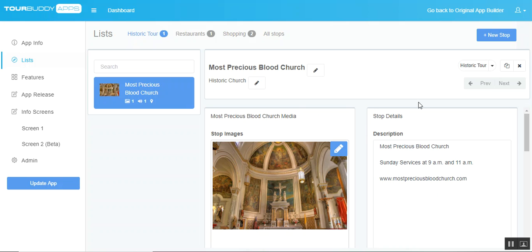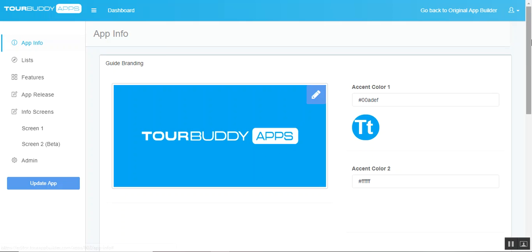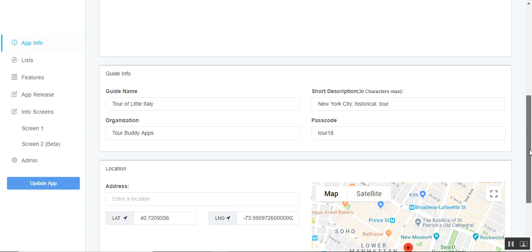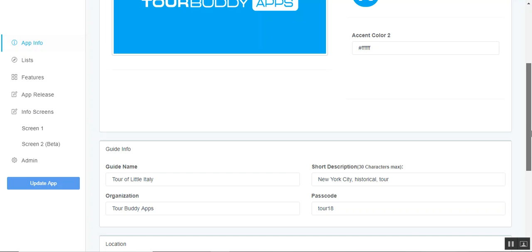In this video, I'm going to show you how to change the passcode for your tour that you download through the TourBuddy app. So I'm in the stops editor, and to change the passcode, I just click on App Info. It's on the left-hand side over here. I open App Info and then scroll down, and here's your app image, accent color, but if you keep scrolling,